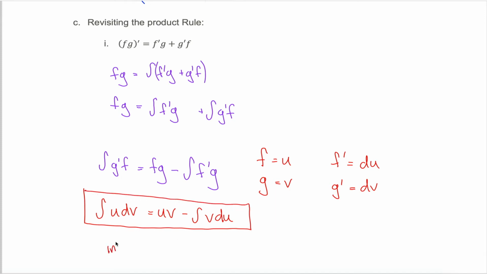This is your integration by parts formula, and it's something you're going to want to memorize. It kind of, I don't know, maybe just to me, sort of rolls off the tongue if you say it enough times. It almost seems like a song or something. The integral of u dv equals uv minus the integral of v du. Write it down the first few times you need it, say it a few times, and before you know it,